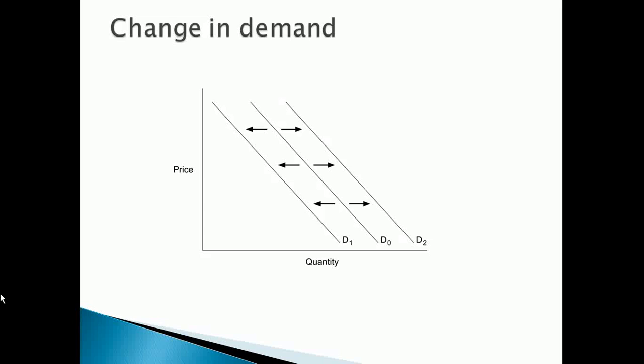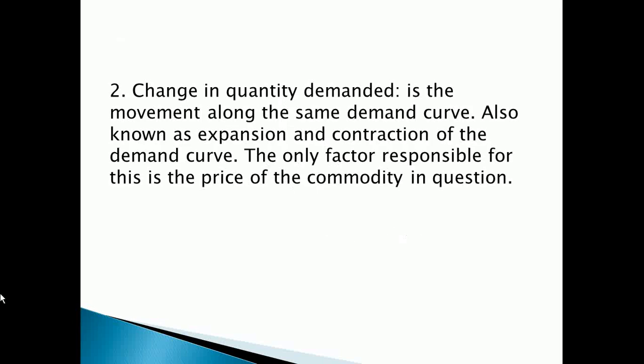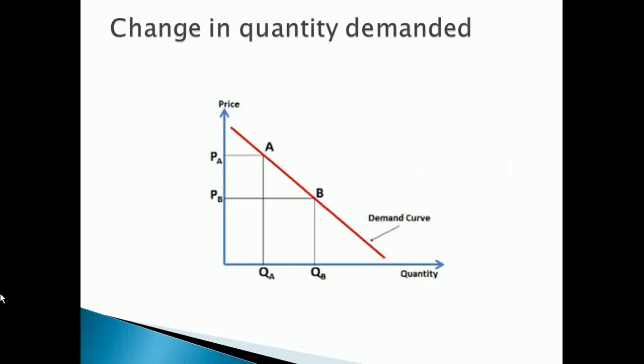Change in quantity demanded can be depicted using a simple curve. We can see that the change, or the movement, is from point A to B, still on the same curve. And the factor that affects this is the price of this particular product. So if the price of a crate of X increases, demand will fall. If the price decreases, demand will increase. So this is a particular change that can affect the curve without shifting it inward or outward.